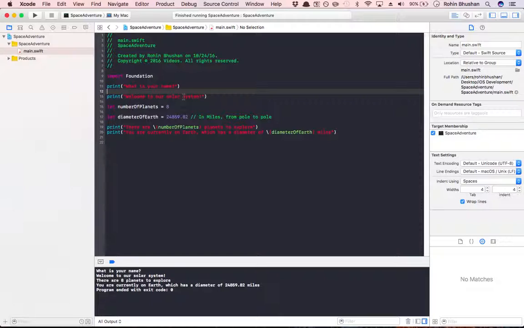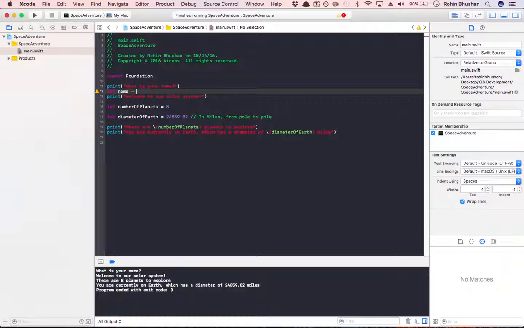The next thing we want to do is get their input and put it in a variable. Like before, we assigned some constants, and their name isn't going to change, so we're going to use a constant again. In Swift, we use constants maybe like 50% of the time, which is quite a lot compared to every other language. It just happens to be built that way. So we say let name. We're going to name our constant name, and we're going to assign it to,